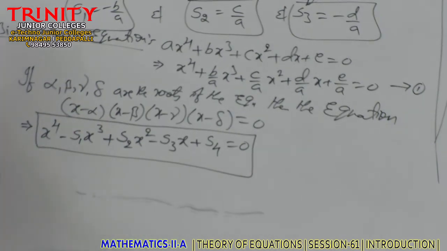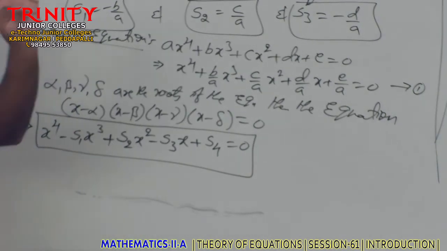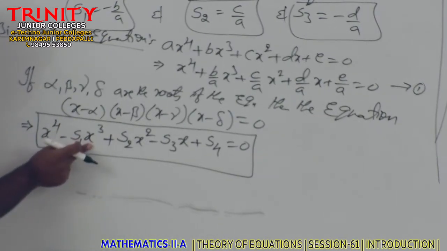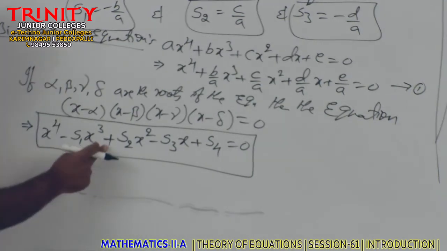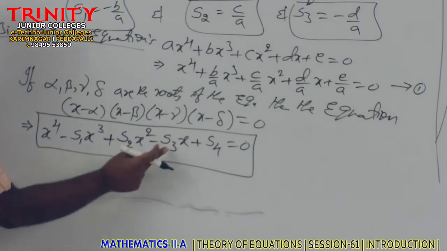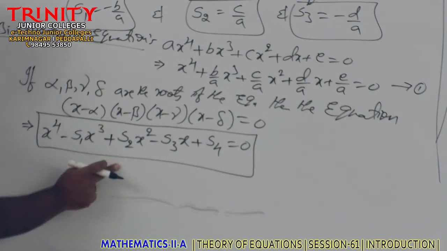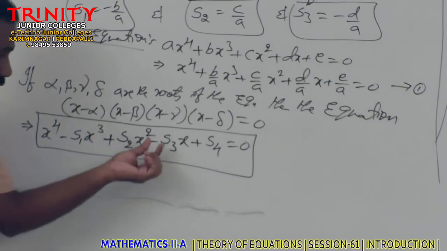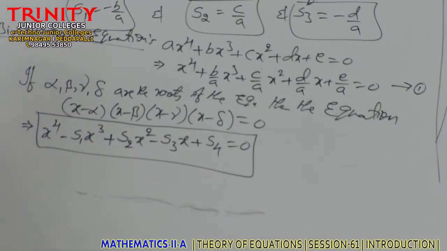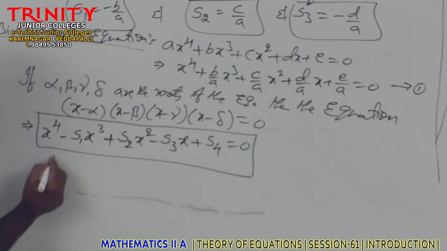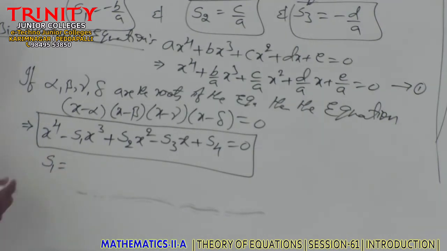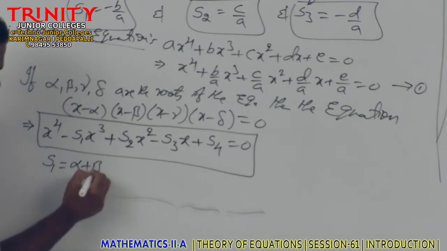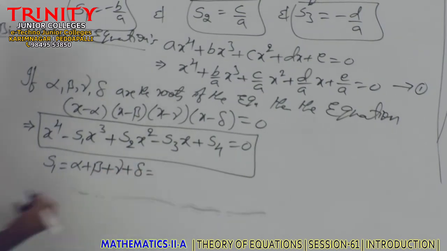A biquadratic equation is nothing but the power is 4. X power 4 minus S1, sum of the roots, into next power x cube. Then next alternative sign is plus S2 into x square, then minus S3, alternative plus minus plus minus plus. Here, you need what is S1, what is S2, what is S3, what is S4. Correct or not? Here, what is S1? Sum of the roots. Here, what are the roots? Alpha, beta, gamma, delta. Alpha plus beta plus gamma plus delta.